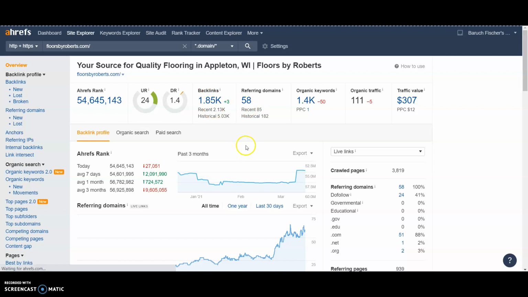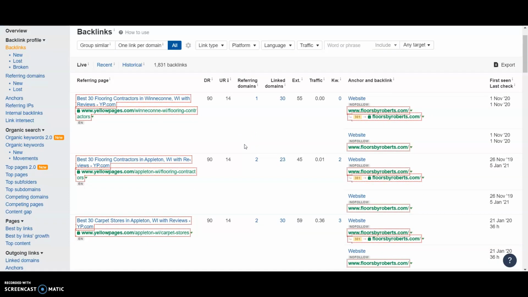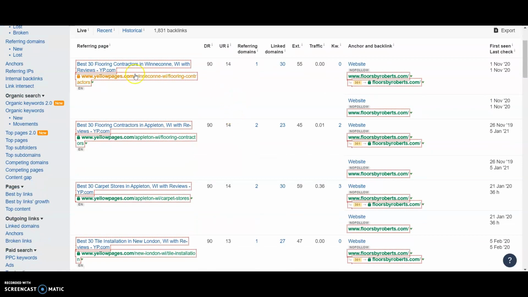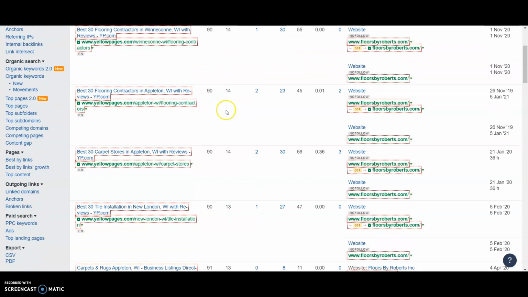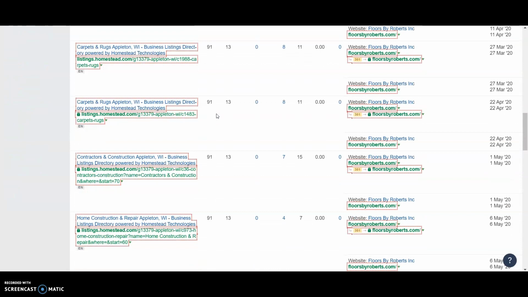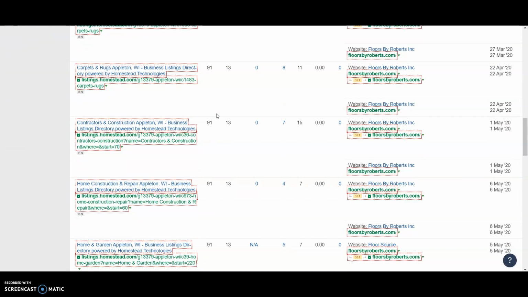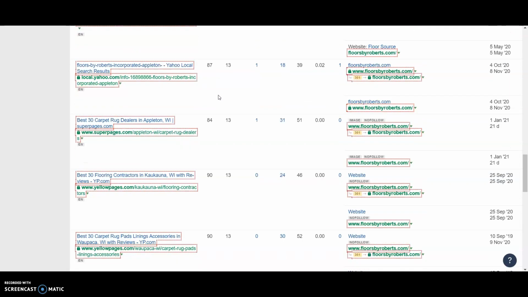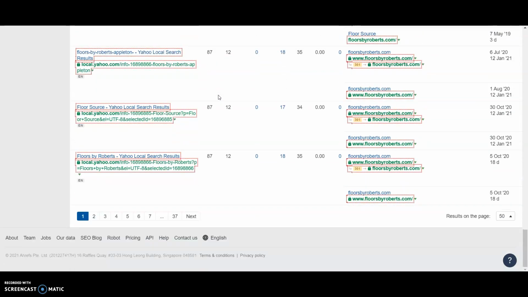But we can come in here and see what backlinks he has that we like. If we really like one of them, we can go to the website, figure out how to get it, and get it for ourselves. We want to make sure we get ones that are relevant to the flooring or remodeling industry. You don't want fast food linking back to you because that'll not give you any strength. Google's smart and knows what's relevant and knows what's spammy.